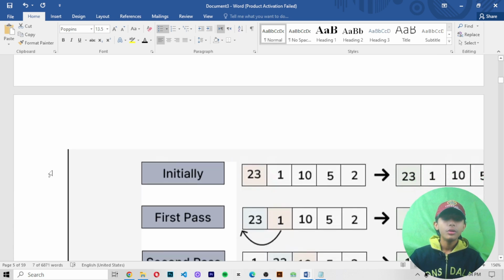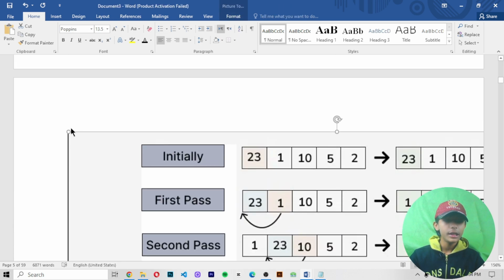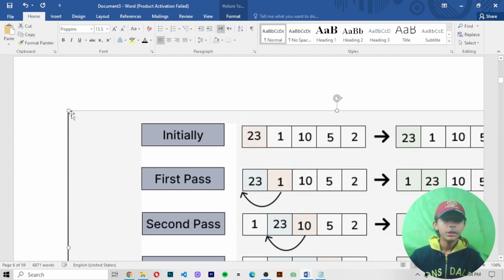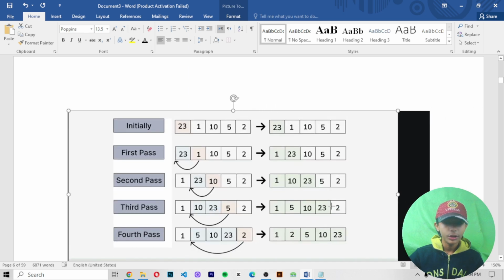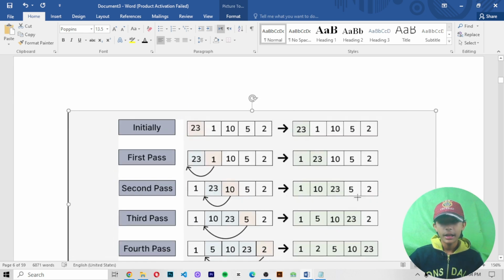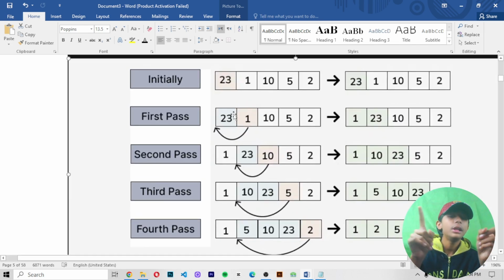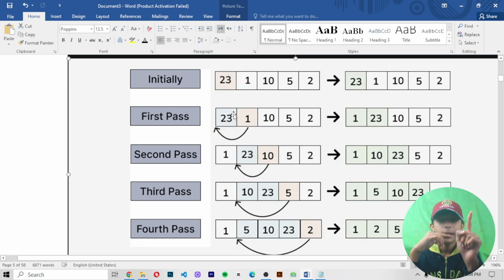Okay, so now this diagram is one example, initially 23, 1, 10, 5, 2. Let me make it smaller and show you. In the first box there is written 23, 1, 10, 5, 2.